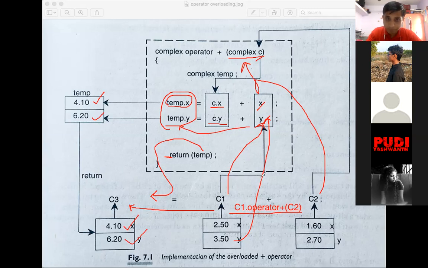Getting? So here, if you want to design any class and if you want to perform any object operations by using the existing operators, you need to overload that operator, it is compulsory. You can't directly apply the existing operator to your user defined objects. Getting?